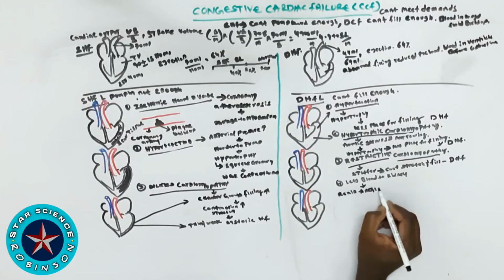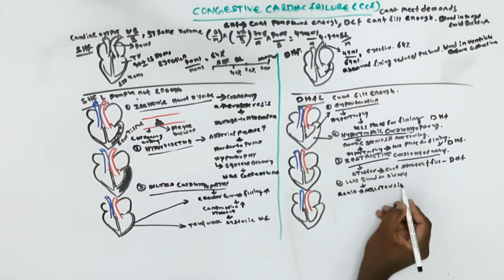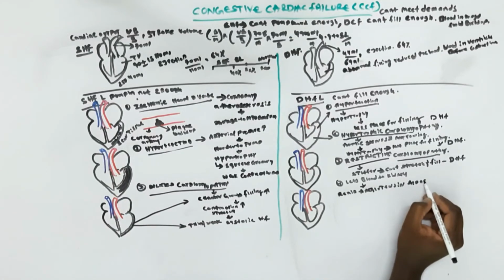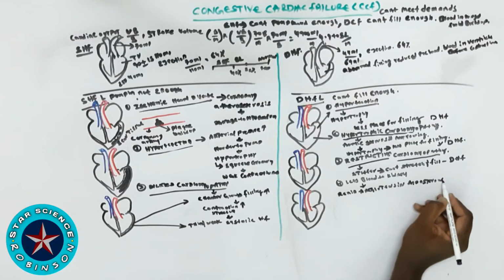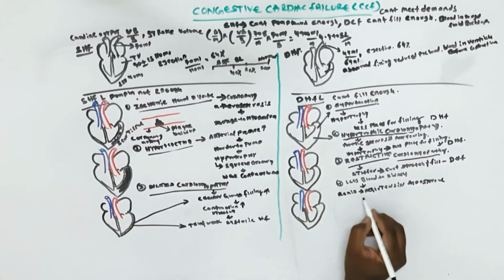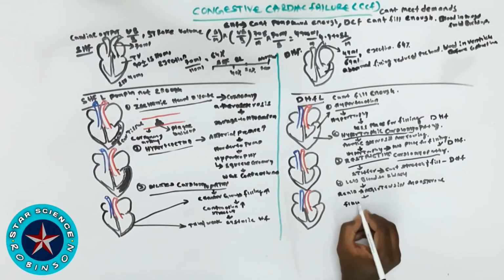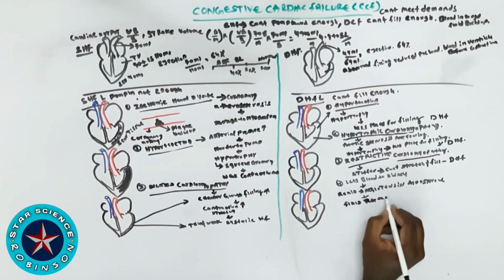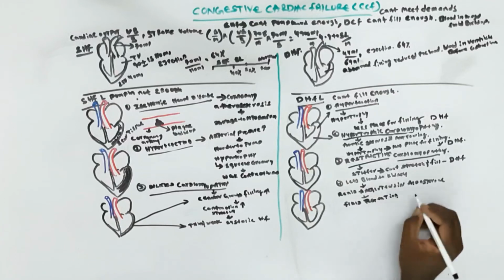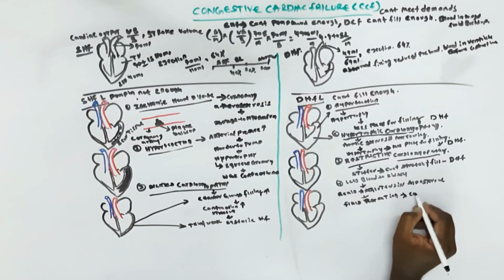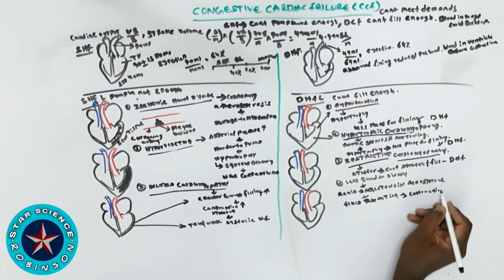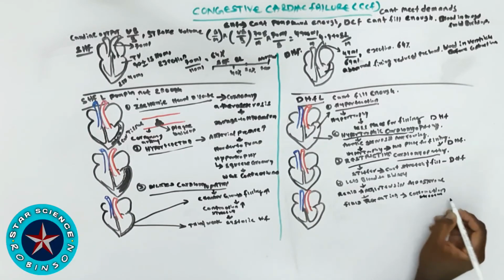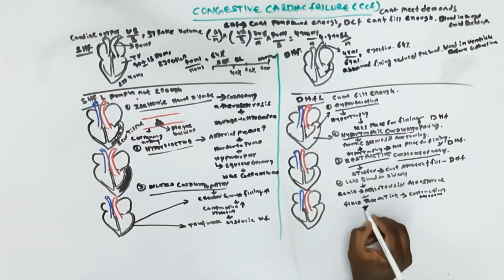Due to this, there will again be fluid retention. When there is fluid retention, there will be leaks from the blood vessels. This is the major point which we have to remember. When there are leaks from the blood vessels, fluid buildup occurs in the lungs and other parts of our body, and because of the fluid buildup, the blood from the heart